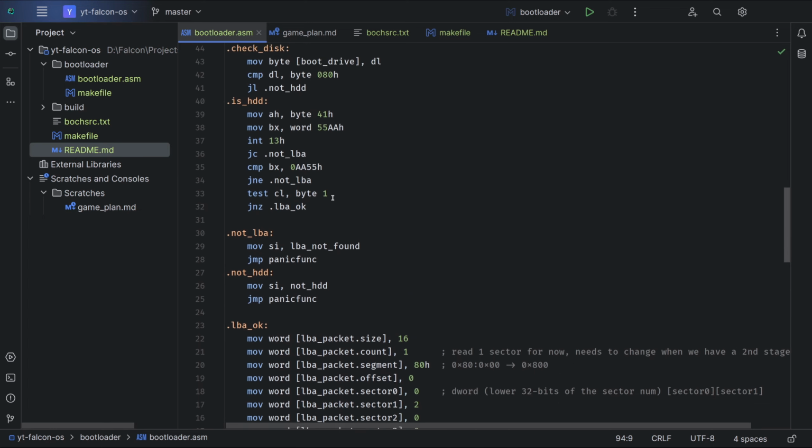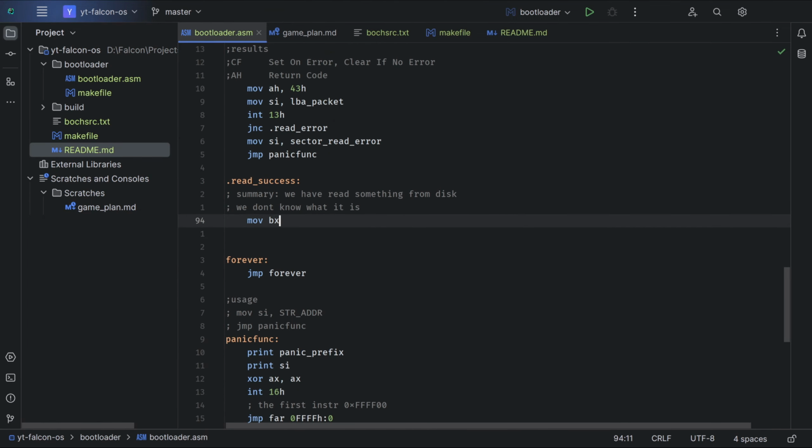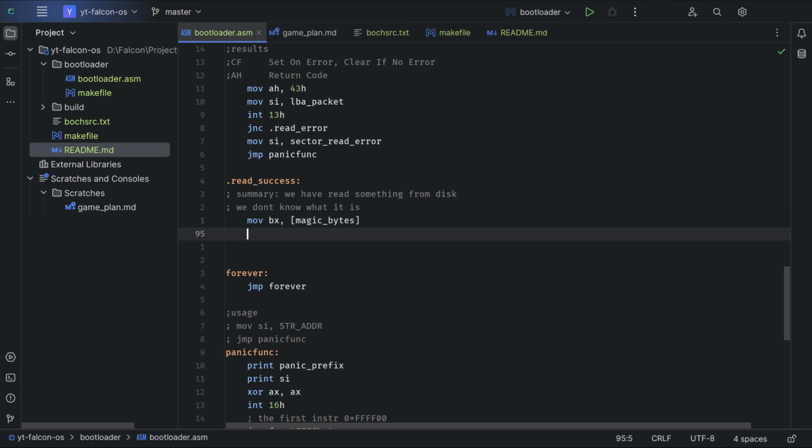I guess BX is not used. So let's move BX, the address of magic bytes, and then what we will need to do is we will compare the word in